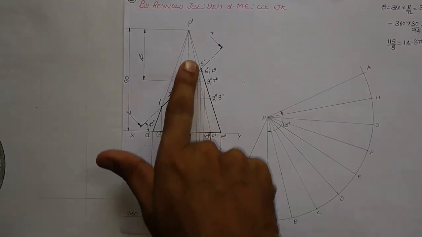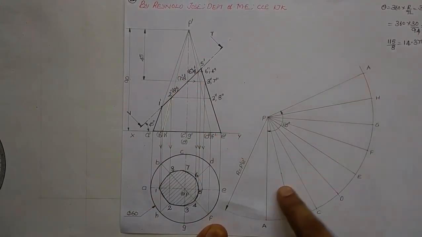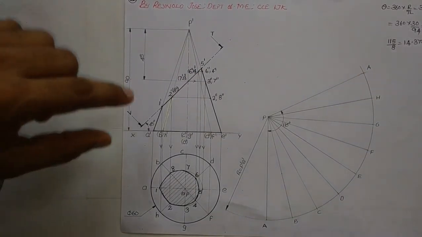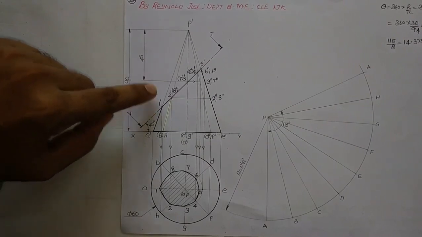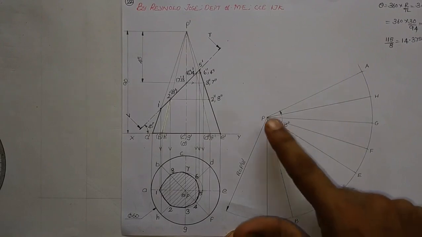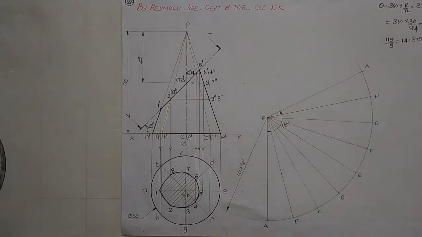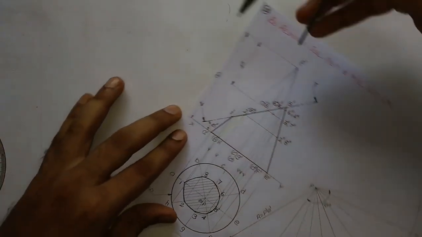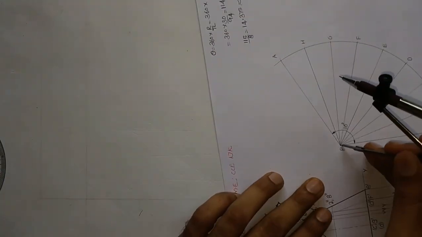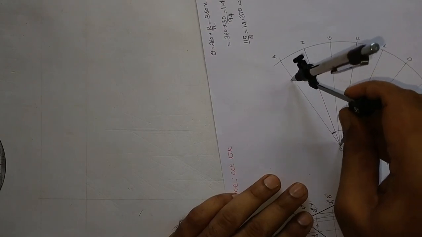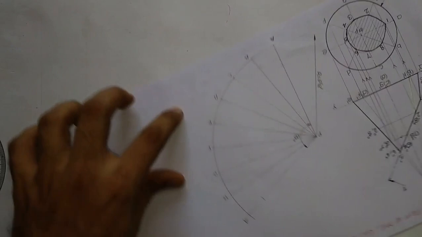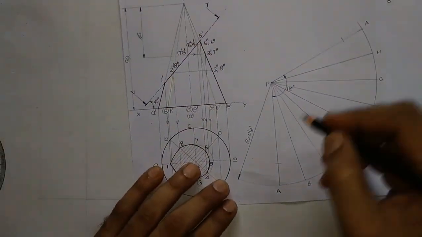Now we shall transfer these points to the development, to the respective generators on the development. First we shall transfer point 1 dash. 1 dash is already on a true length generator which is P dash A dash. Here we are having PA and PA. So we shall take the measurement of 1A using compass. Now with respect to P, we shall cut 2 arcs. So first one and second one. We shall mark these points as 1,